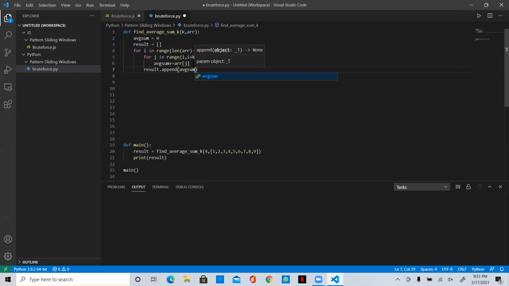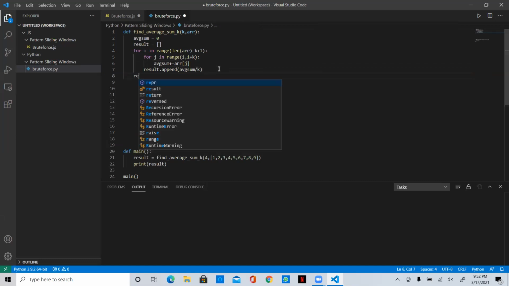So here we decided not to just do a sum. We decided to do an average, right? So it's just divided by k. And then return result.